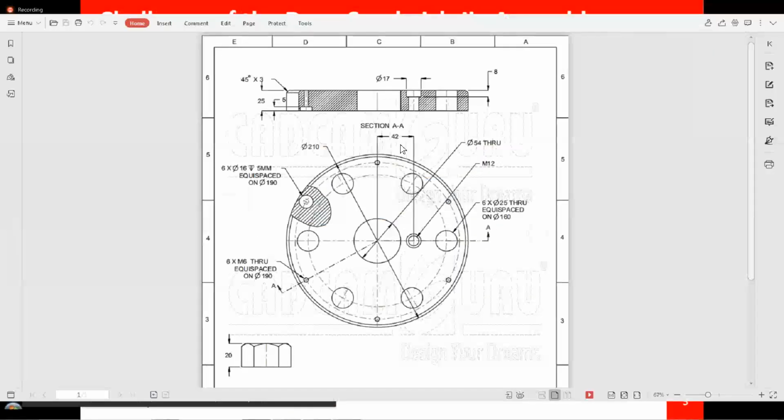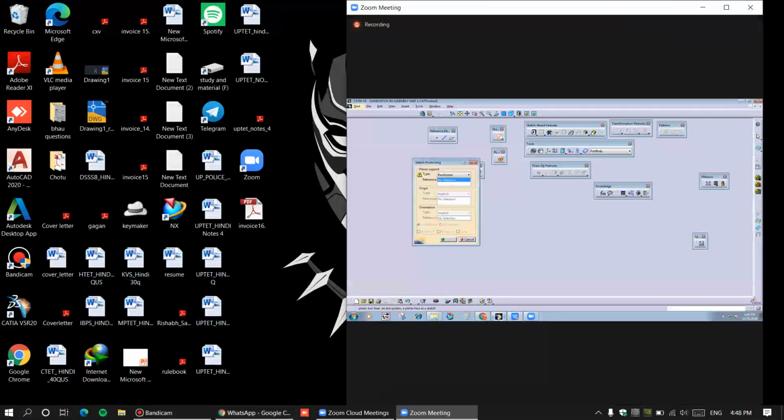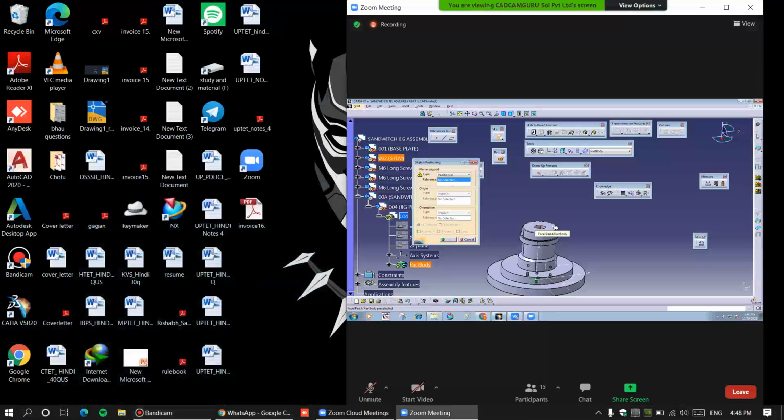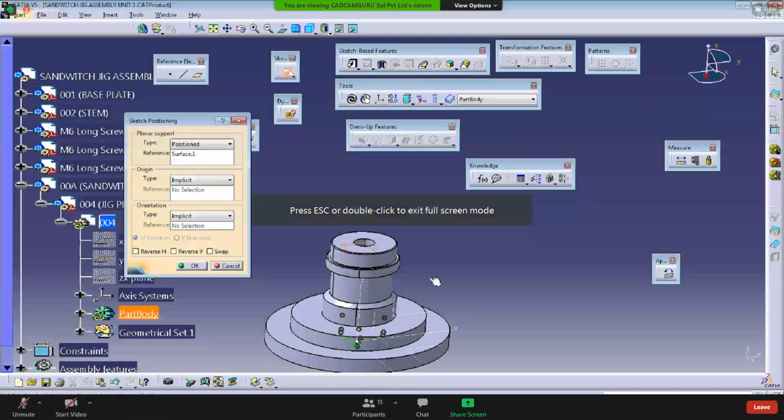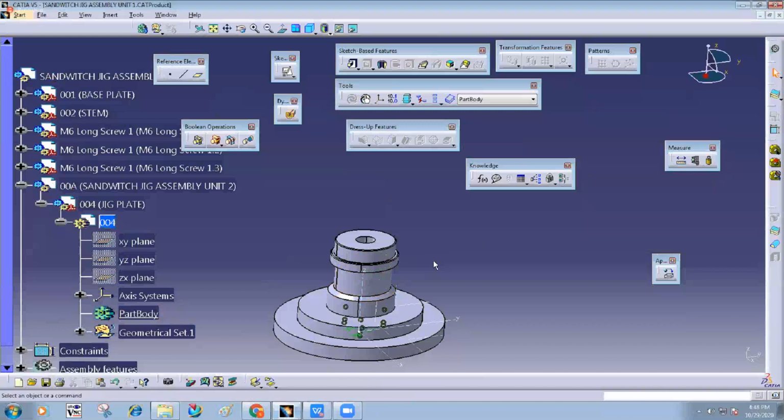This is that profile. What is the diameter? 210. You go to the sketch, select this face, click OK, go back. The position is not correct.